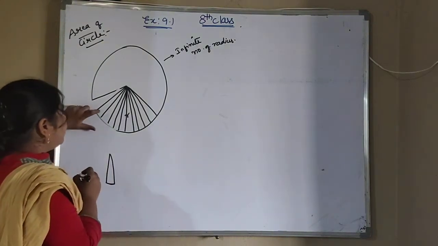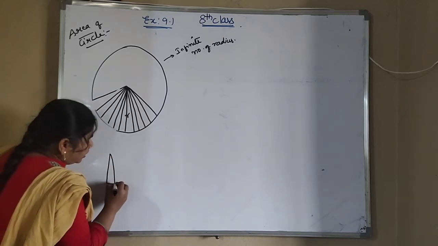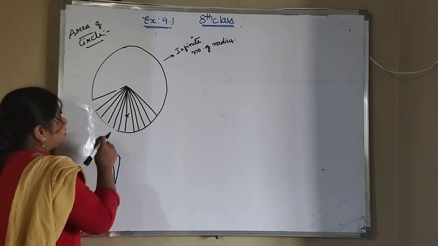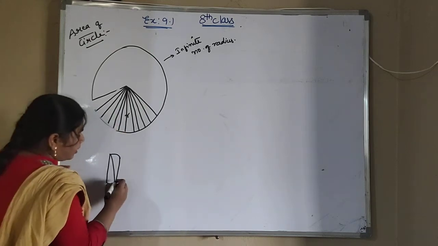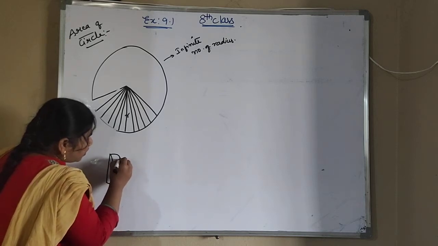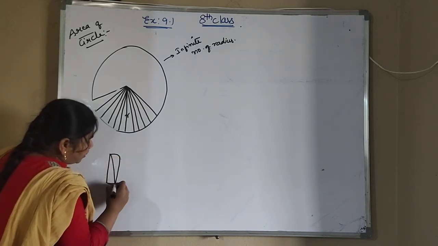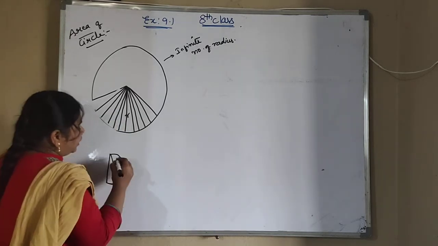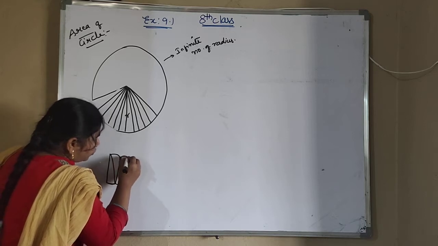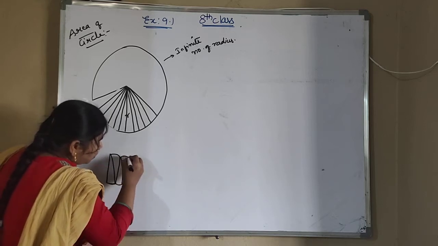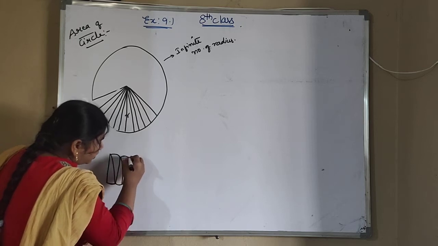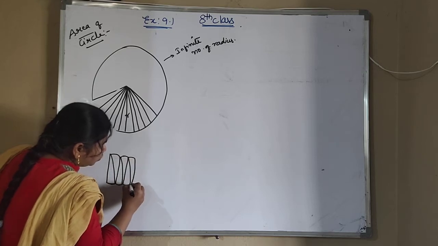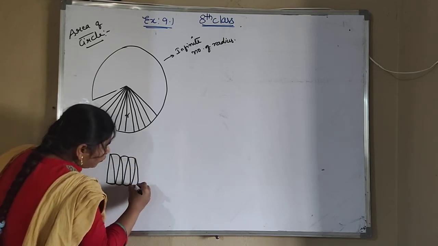Okay, next second part I am taking and again I am joining in this order. Like this is the first radius, this is second radius. Now this part has been over. Next part I am taking. So again it will be formed like this. Okay, next radius. So it will be formed in this order. So like this, all radius if you join together, a rectangle will be formed.